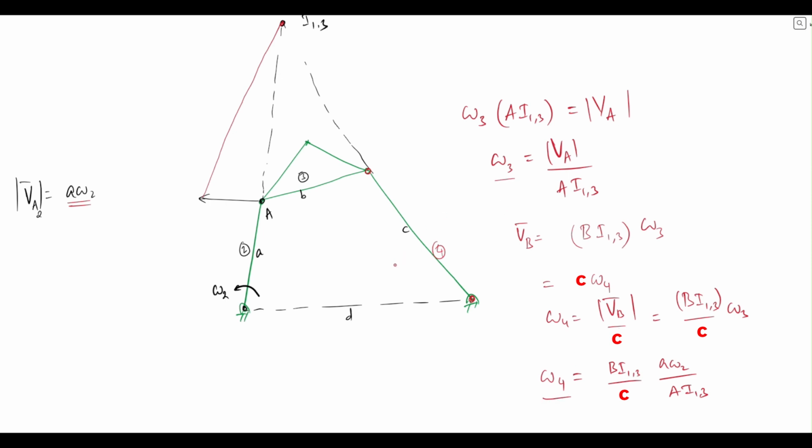So that makes it easier in cases when the instant centers are accessible on the page where you have drawn this. Sometimes when the two links or the two bodies under consideration are somewhat parallel, the instant centers end up tending towards infinity, and that's not at all a convenient place to use instant center based velocity analysis. The other purely graphical way to read off the values of these velocities, VB for example,